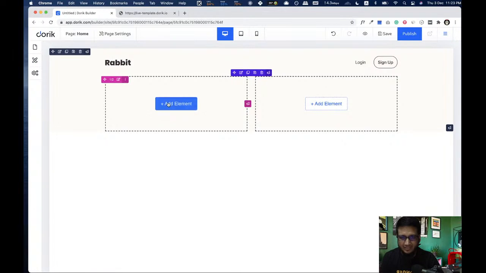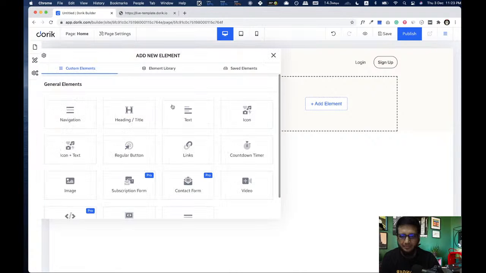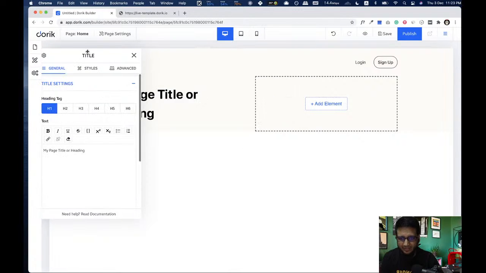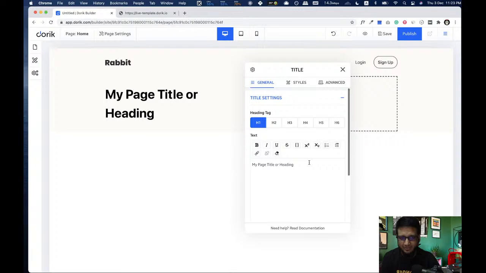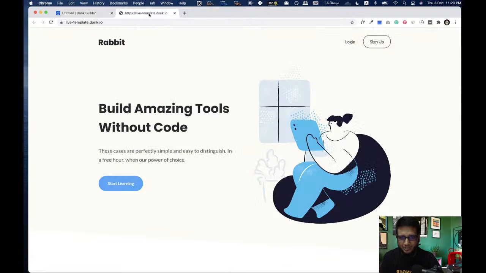So let's add an element, and this is our element panel. We have heading, we are gonna add the heading here. So we have added the heading. Now we need to change the text, and here it is, our text.